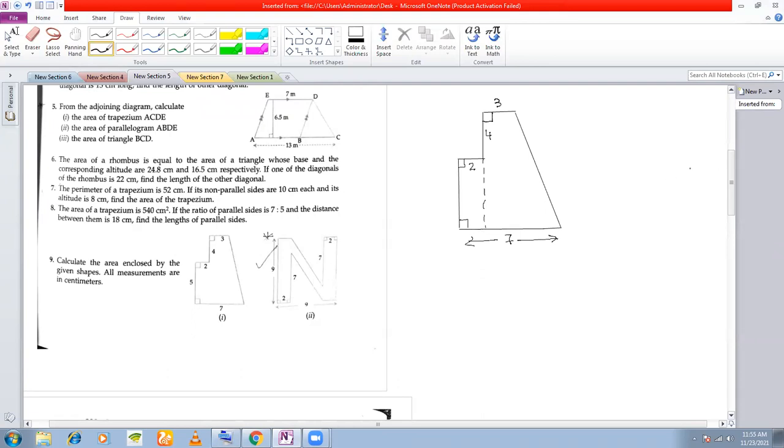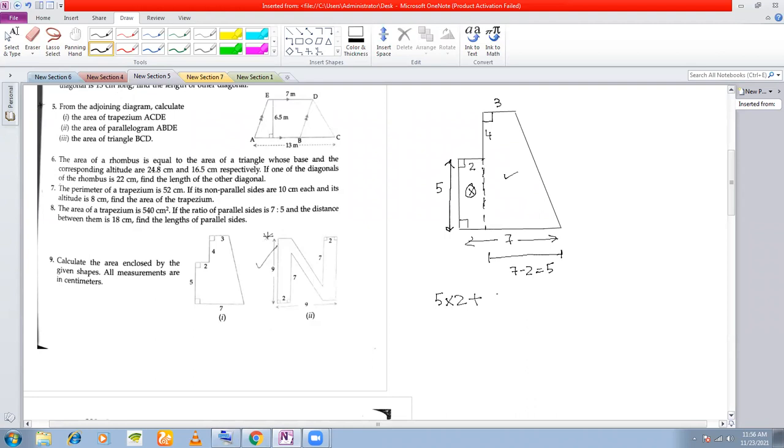Anyway, coming back to the problem, this is the figure given. So with the help of a dotted line, I have joined this, right? What do you get? You get this rectangle here, and you get this trapezium here, right? Now, how do you find out the area of this rectangle? First of all, how much is this length? 7 minus 2, which is equal to 5, right? And the length of this is also given to be 5. So what should be the area here? Length into breadth, area of this rectangle.